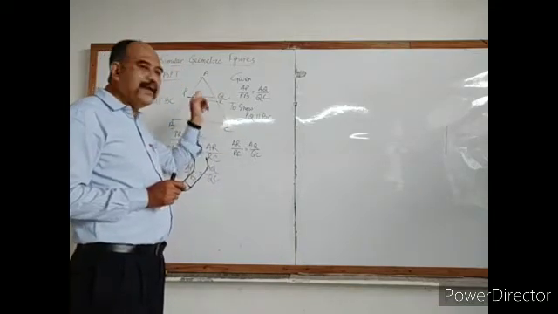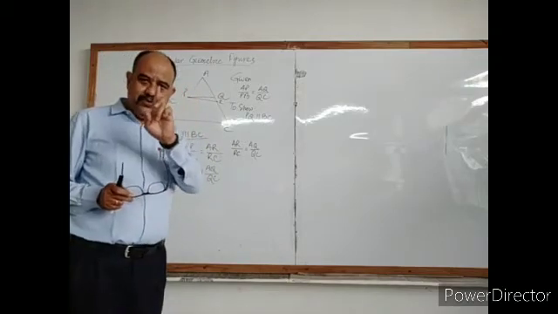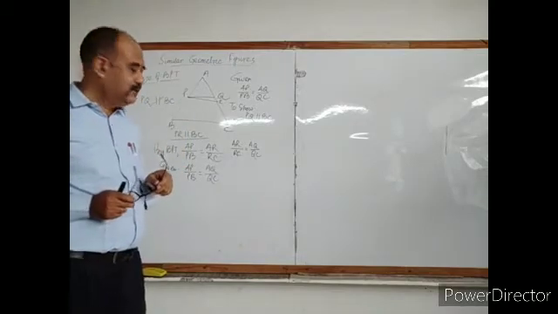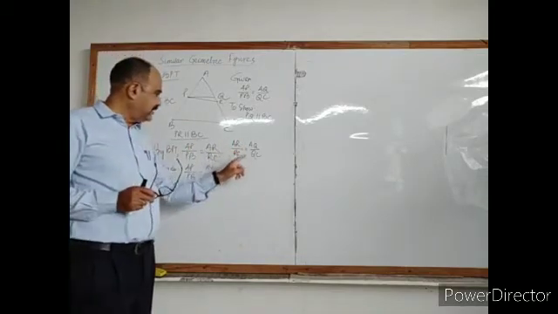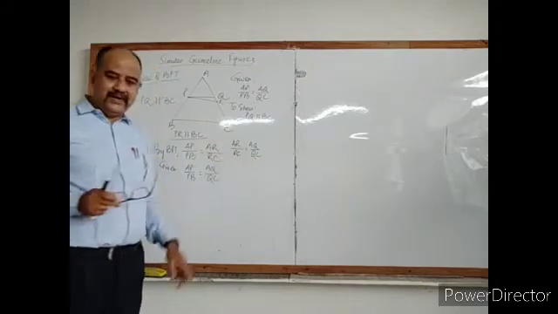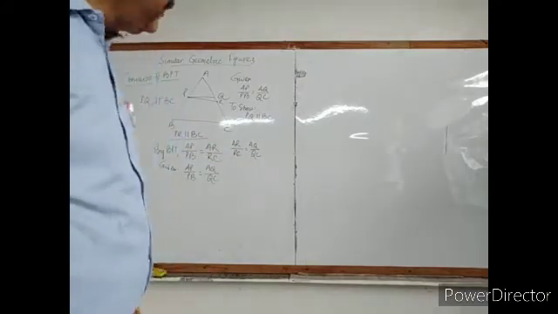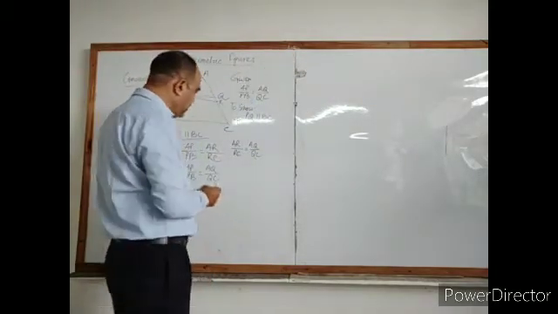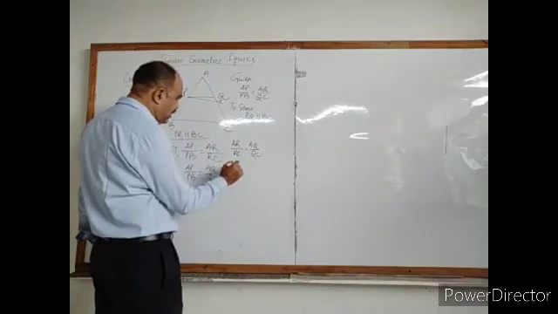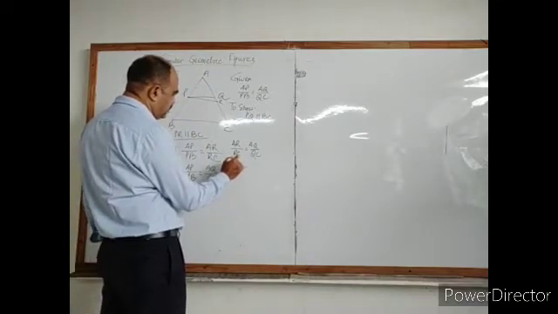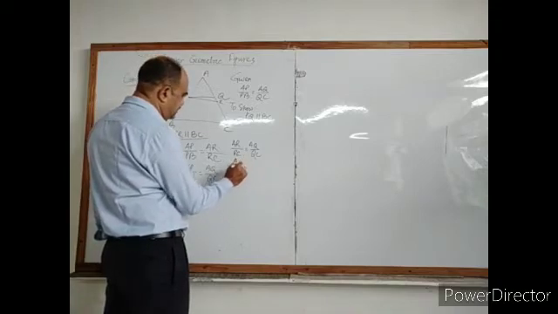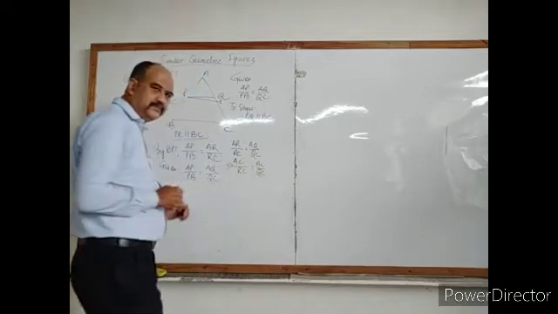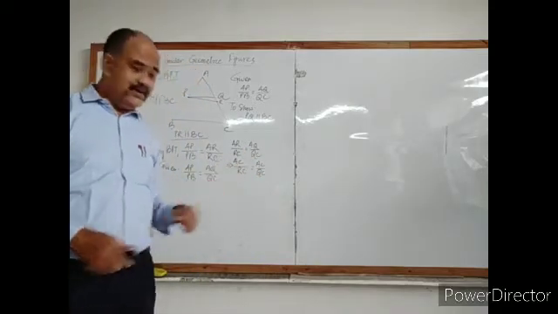Q and R must not be different points. Q and R must be the same point. But how are we going to show it? See, from this what we are getting is that AR by RC is equal to AQ by QC. Now you see, if you remember the bisector of a line segment, from this we can write AC by RC is equal to AC by QC. If I write directly, then will you understand or not?